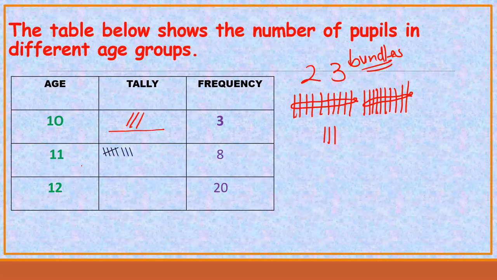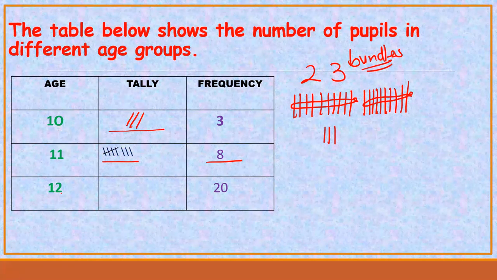Okay? We go to this other age group of 11. In the age group of 11, the tally they have provided is a complete group and these ones are 3 ones. So I have 1, 2, 3, 4, 5, 6, 7, 8. So this one was given as an example. It is already here. So the number which is here comes from the tallies you have around here. Now let us come to this one here.